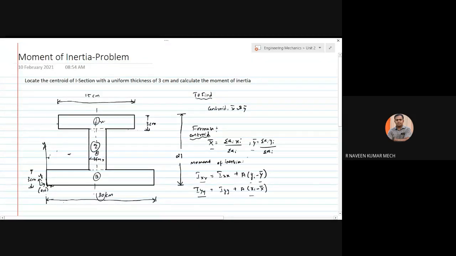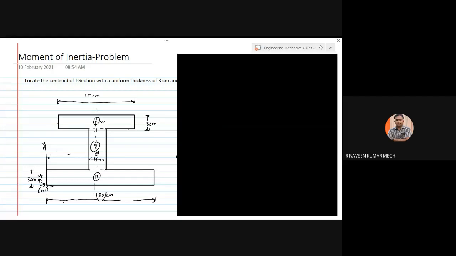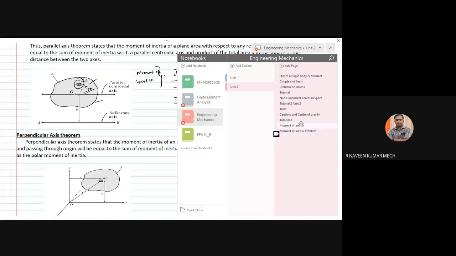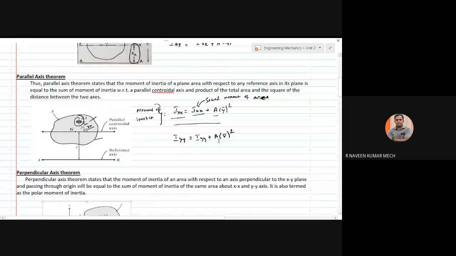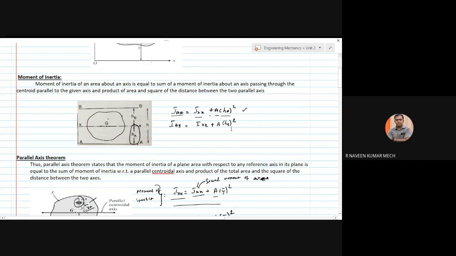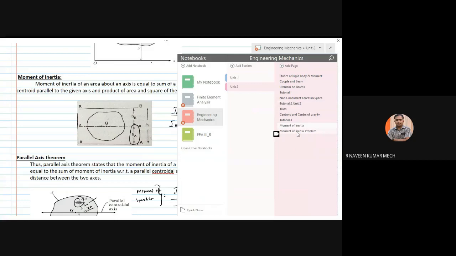Since we know this from the previous class, you can see that formula. In previous classes we found that A into x squared, for moment of inertia, was equal to Iaa. According to this axis, we wrote Iaa equal to Ixx plus A into ha squared. Here ha we are finding as x minus x bar or y minus y bar, whole square. That is the value we want here. So I missed that formula and now I added it.